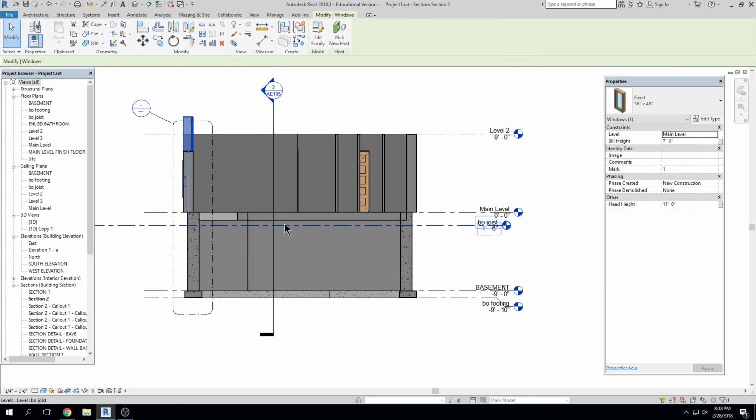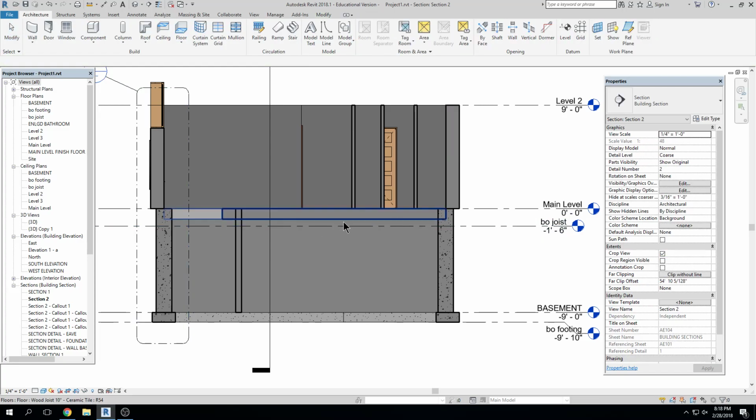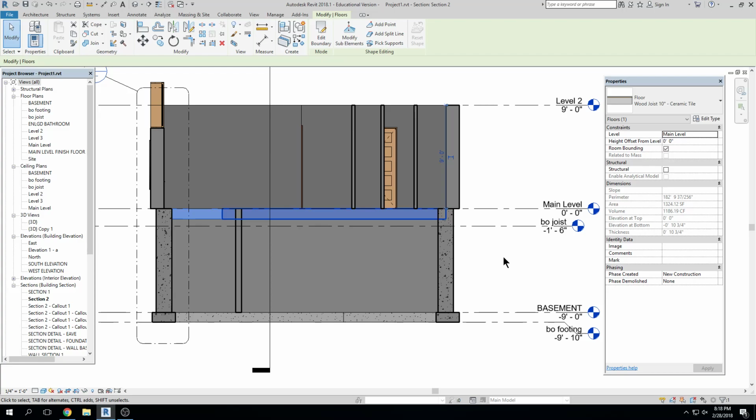All right. So we created our floors, right? And when we create our floors in Revit, we go into sketch mode and you draw the boundary of your floor, right? And we somewhat talked about how to create a hole in your floor for your stairs. One thing I want to talk about is floor types, and then I just want to talk about offsetting your floors, okay? So if I select my floor here,